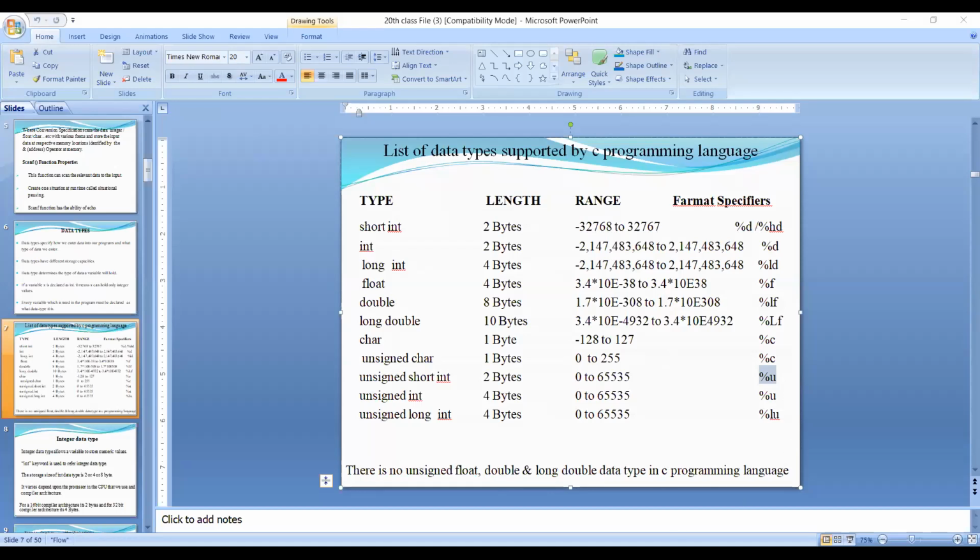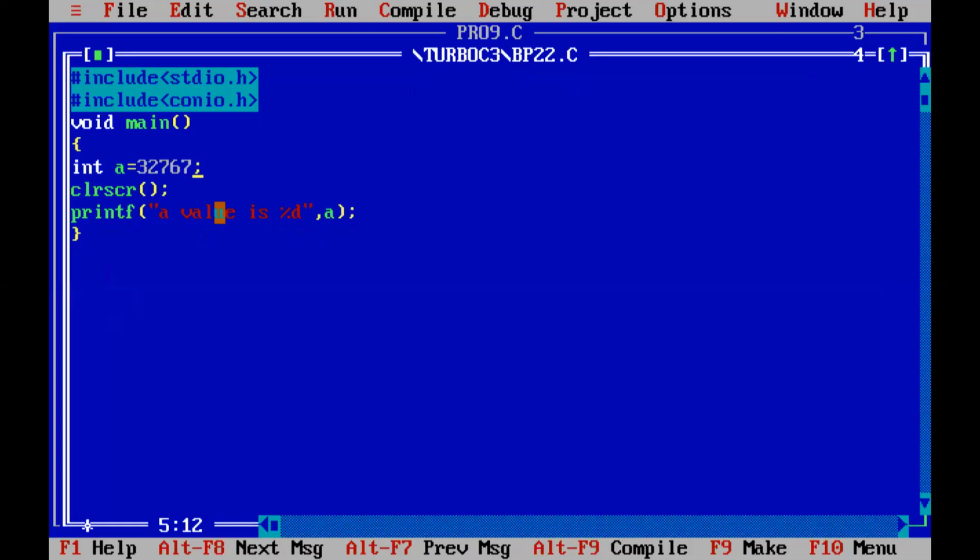Same program I will explain again by using unsigned also. Just see here.